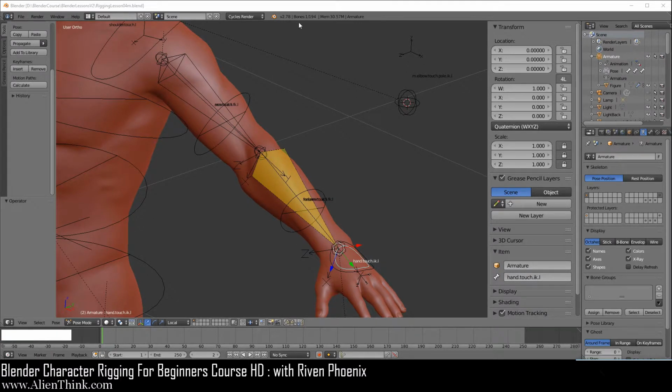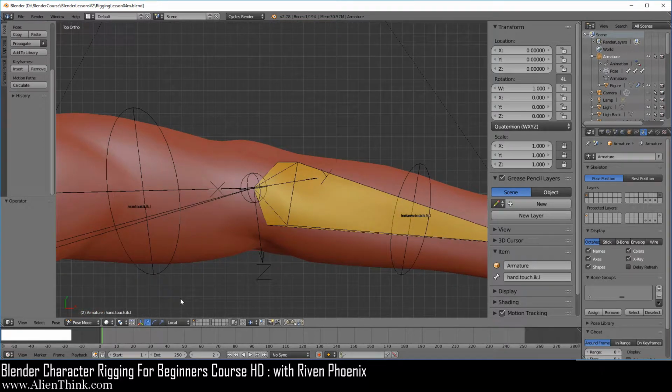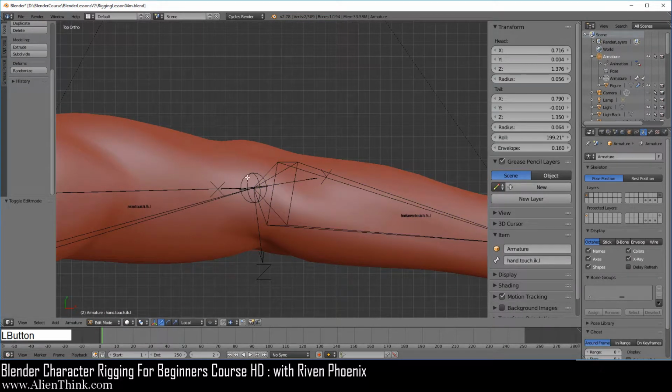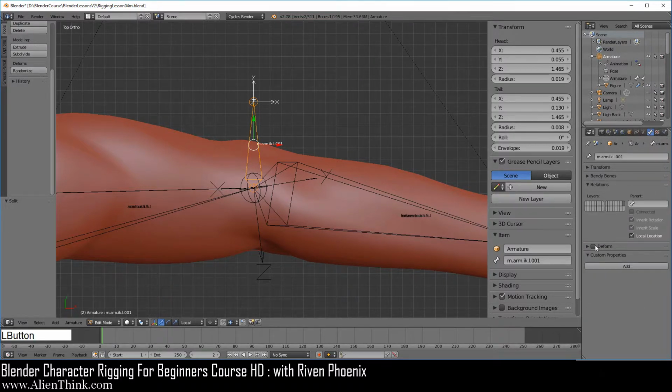Okay, so let's go ahead and set up the stretch bone that will draw a line to this elbow pull target. So go ahead and press the 7 key to go to your top view and go ahead and switch this to edit mode. Click on this joint, press the E key, press the Y key, and just stretch out a bone like this. Go ahead and click this, press the Y key to sever the connections. Go to the bone tab and remove the deform. And of course, we're just going to call this M.elbow.line.ik.l and enter.